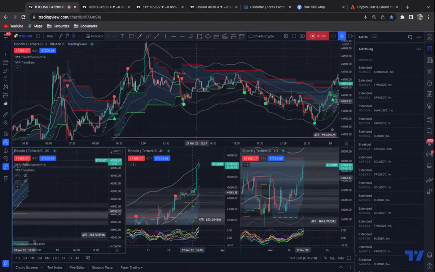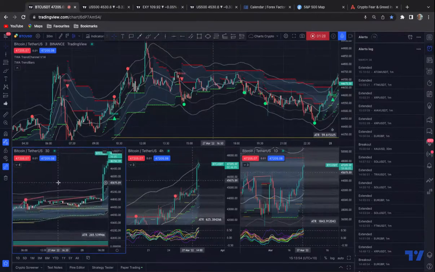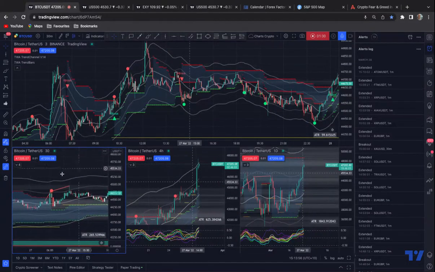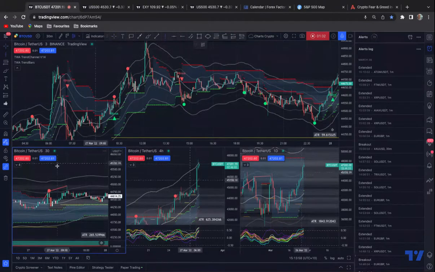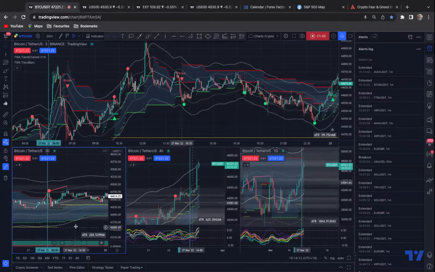So if we come back on the 30-minute here and mark this, this is our point of interest back here. See where it marked it on a 3-minute chart? So our strategy is, if we've got a breakout of the cloud on a 30 and the higher time frame,